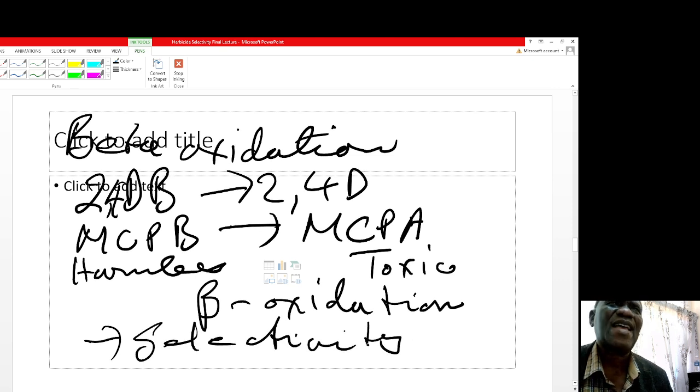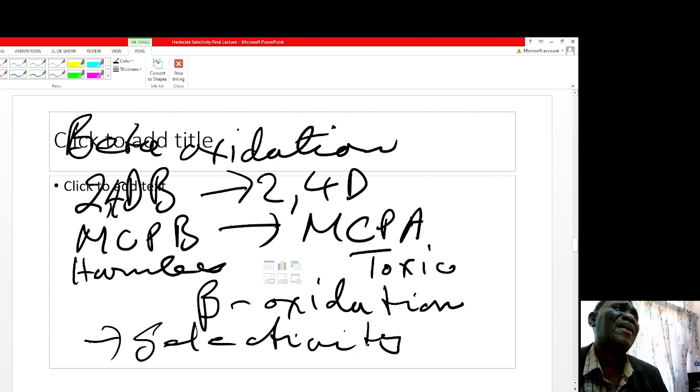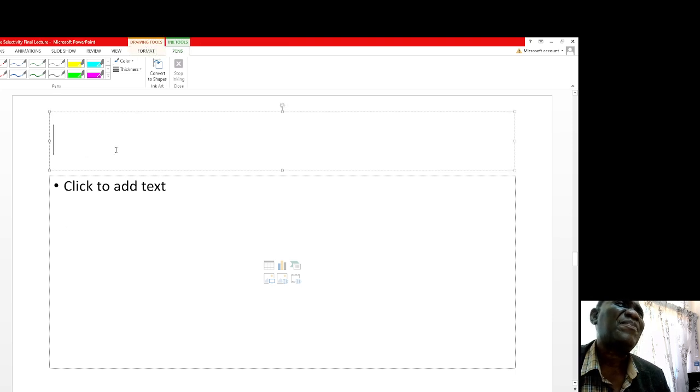You apply the herbicides in a harmless form, but you leave it up to the plants to manufacture the toxic forms. And it is in the weeds where this beta oxidation is very fast. So I just wanted you to know something on beta oxidation. We can move on to something different,